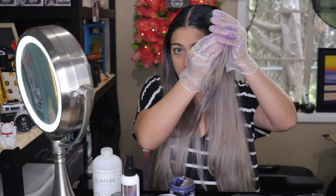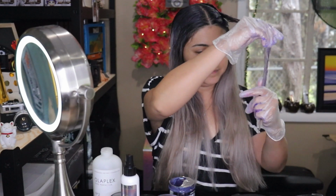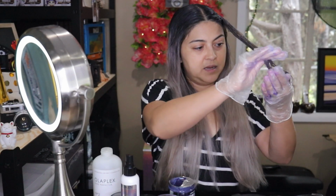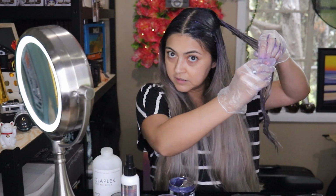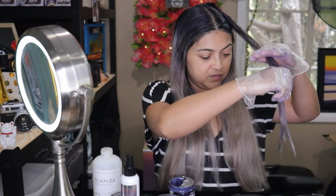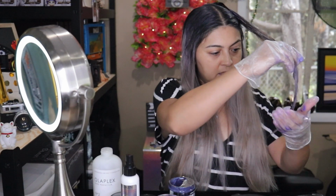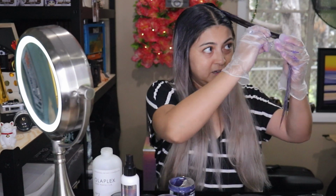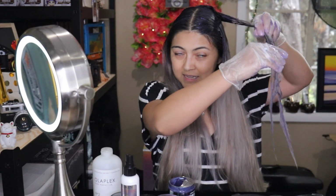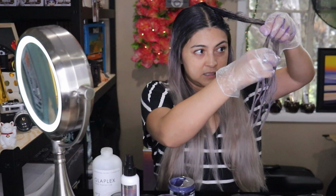So, continuing on. And I still do get a lot of compliments on my hair, but I can tell that it's really thirsty and dry, and when that starts happening, there's breakage and there goes the length, because in order to make it look healthy again, you gotta cut it and trim it. And the last time I trimmed my hair, I ended up cutting like 6 inches off